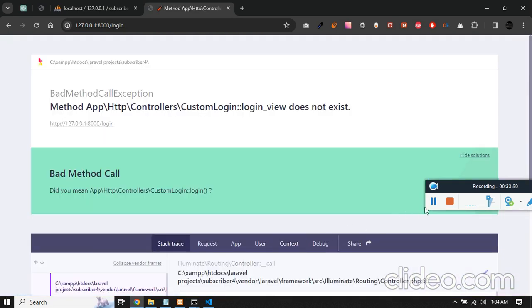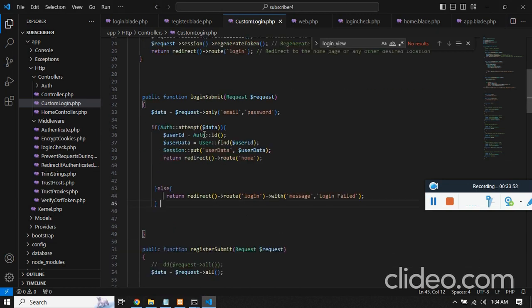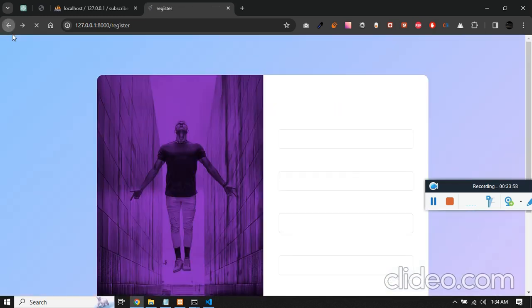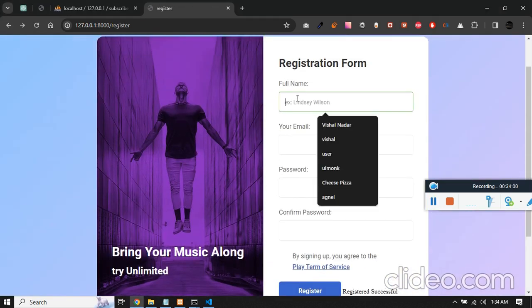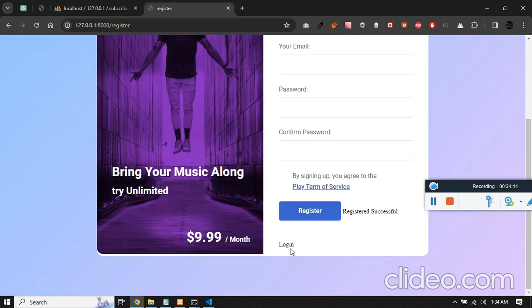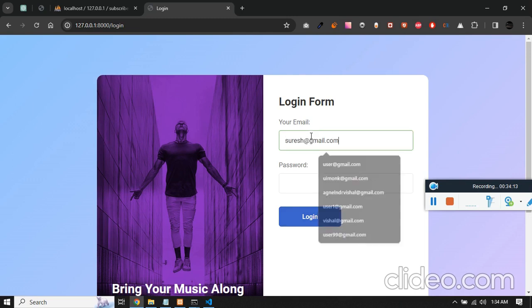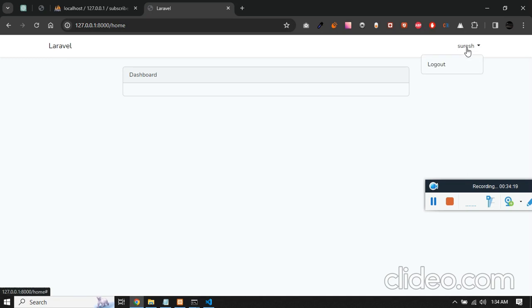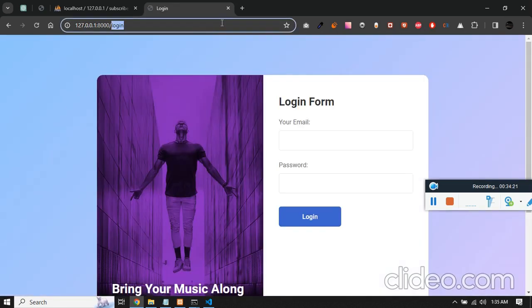Register, login. Oh, the problem is the function got also changed. Suresh@gmail.com. Click on register, login, and Suresh@gmail.com and the password. Now you will be able to access the dashboard. So if I log out and try to access the home,